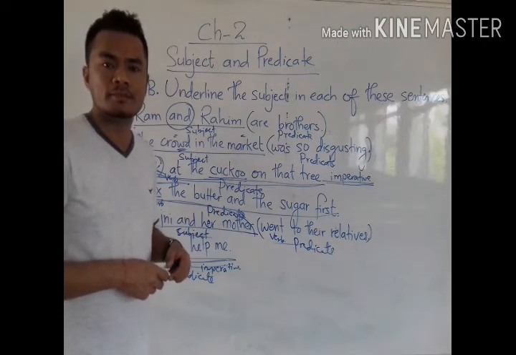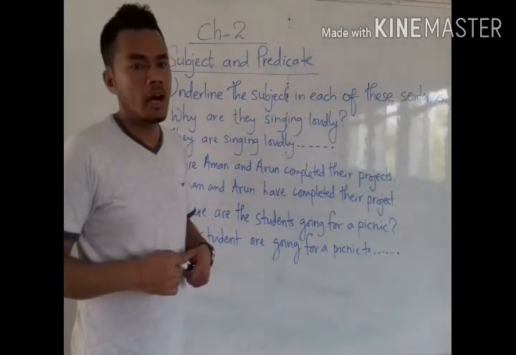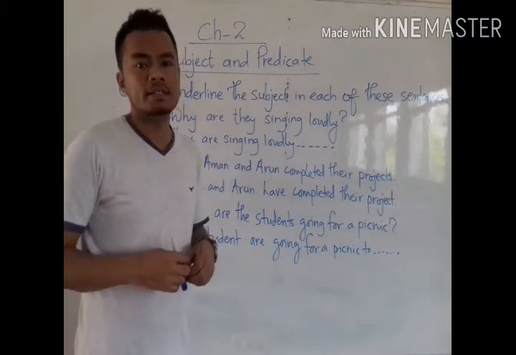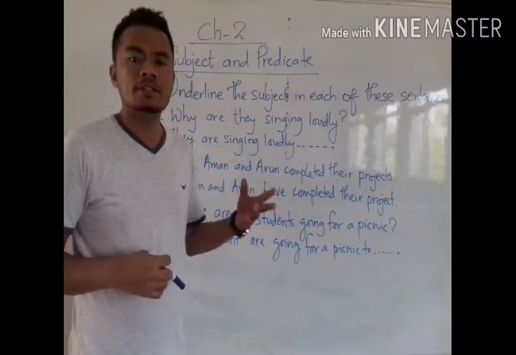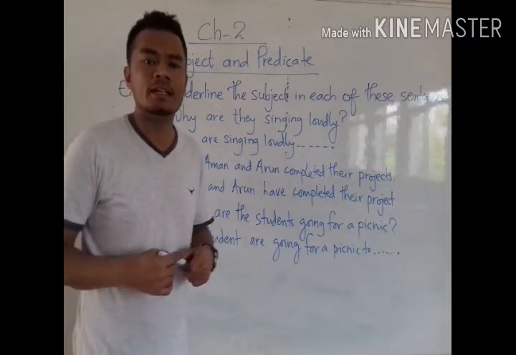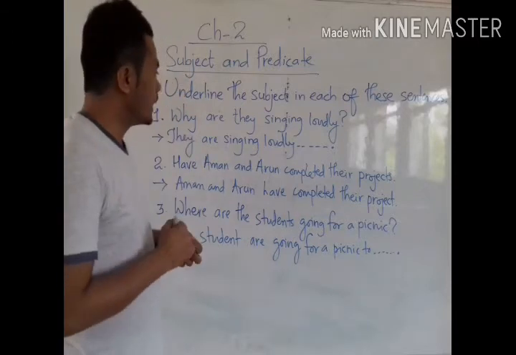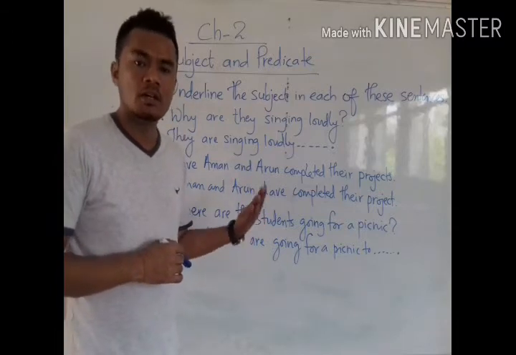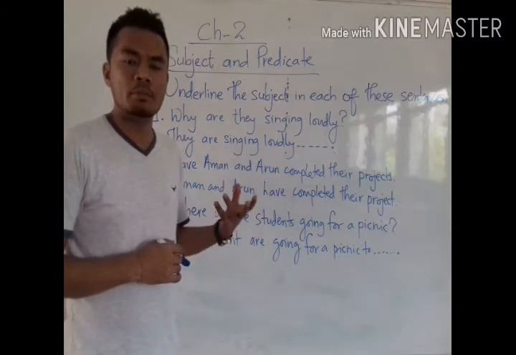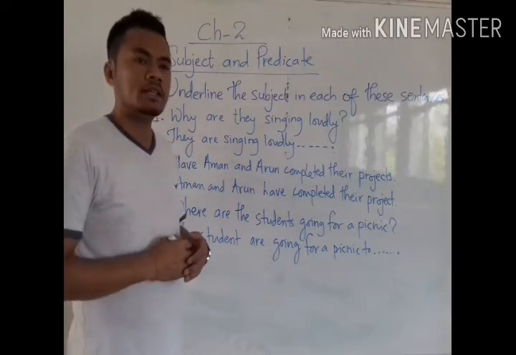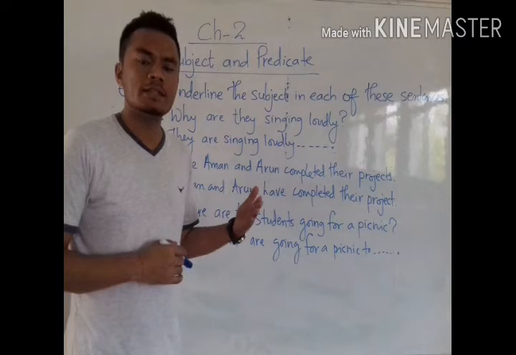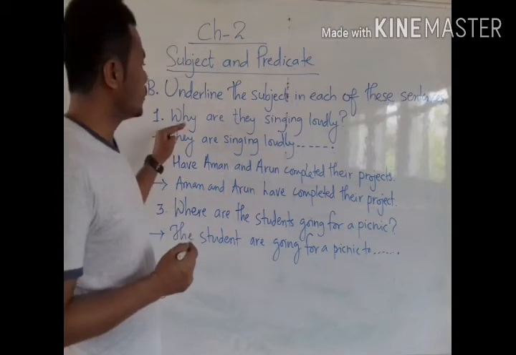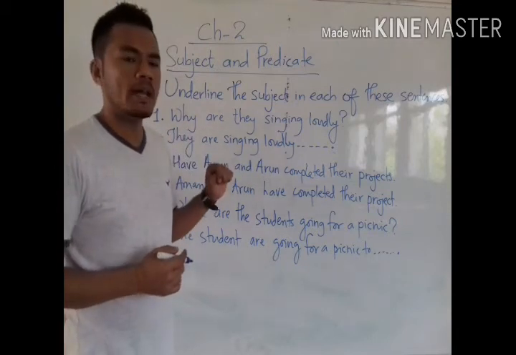imperative sentences. Now we will understand how to identify subjects in interrogative sentences. Interrogative sentences means question sentences. So how to identify subjects in question sentences? See, in question sentences, whether the questions are made by WH words or WH questions or by using helping verbs, verbal questions. In both the questions, we see that the subjects come between the helping verb and main verb. Like see here. Why are they singing loudly?